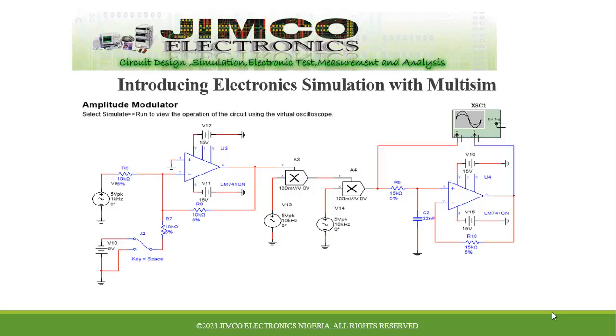The product has intuitive schematic capture, accurate simulation and analysis. It's so powerful that if you are doing electronics without this simulation, your understanding will be limited, because under simulation we have more explorations to do that will make us further understand the circuit in another dimension. So today we are going to be checking out Multisim and how it can be of benefit for those studying electronics